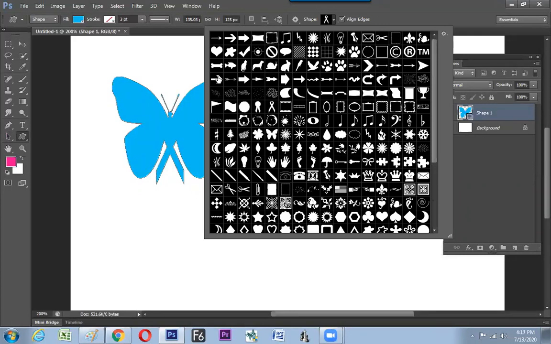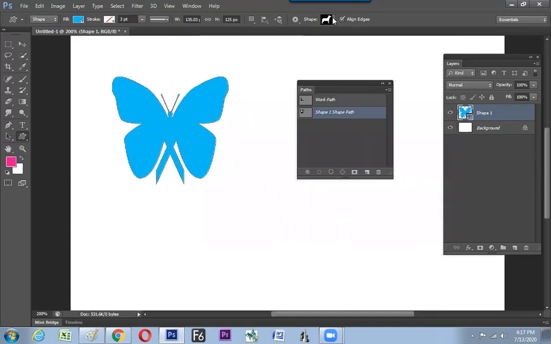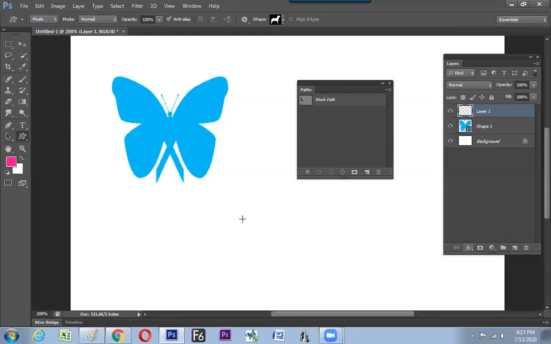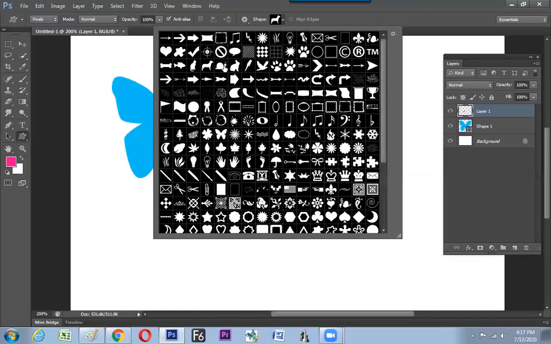It could be done in vectors or it could be done in a raster also. Let us take an example. If you need to add this dog and this cat together, select the dog. We can do the design in any format. Let us switch to the pixel format. Take a new layer, draw the dog. Fine. Now switch to the next shape